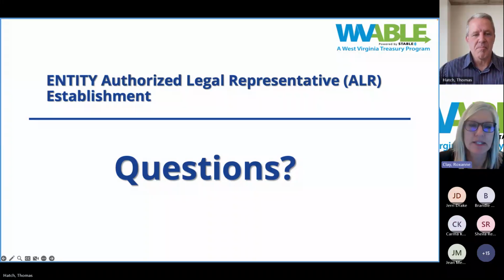Jean, I'm glad that you brought that piece up because there is some confusion where folks think they have to link a current checking or savings account because the system kind of prompts them to do that, but they do not have to. They can certainly choose to mail in a check for that initial contribution amount and then for every contribution thereafter. Again, the check contribution form that's located at the resources tab of the WVABLE.com website is what they would use to submit with that check. And the address for the ABLE Program Manager is included on the check contribution form as well.